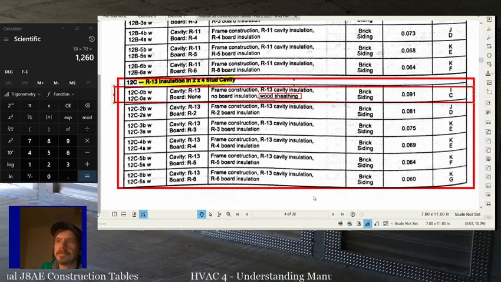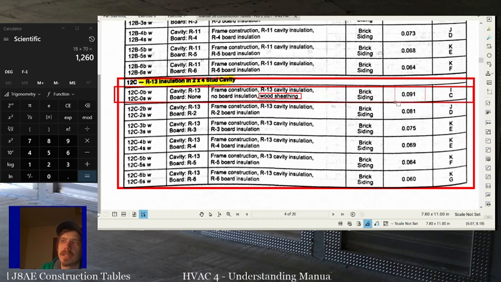After that, you just need to know whether it's siding or brick, and honestly, a lot of the time that doesn't even matter, because there's your HTM, and this is where you get your cooling load temperature difference number from, which does change whether it's siding or brick. But for heating, it doesn't matter. So since we said we had siding, we're going to be this right here. We're going to be a